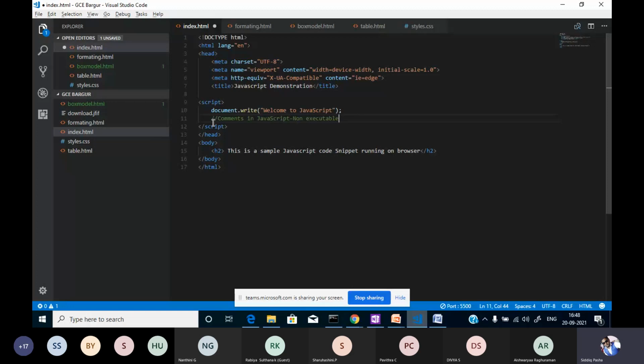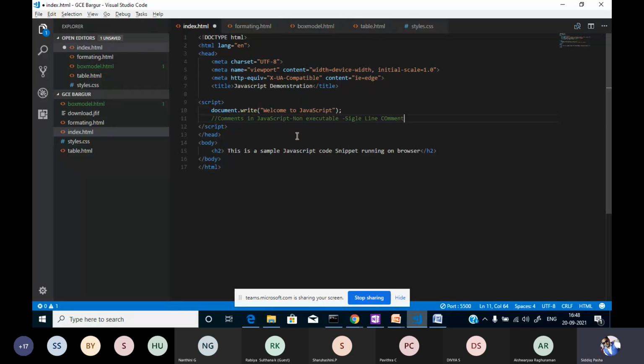See over here, I have written this comment. This is called a single line comment. We have two types of comment: single line comment and multiple line comment. Single line comment means, if you want a single line to be made a comment, we can use this symbol, the double slash. Whatever we write followed by the double slash will not be executed. It is there, but it is not to be executed. It is only for the programmer's reference.